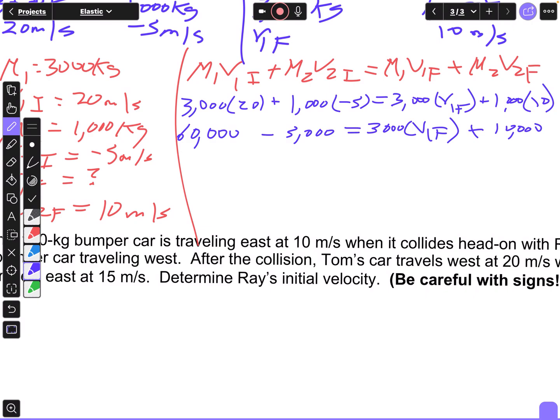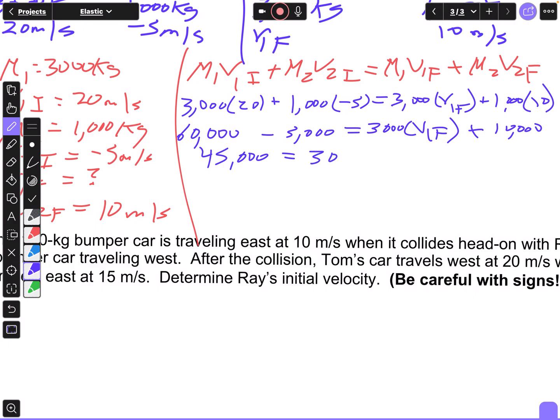Now, 60,000 minus 5,000 is 55,000, and then when I move the 10,000 over, it's going to be 45,000